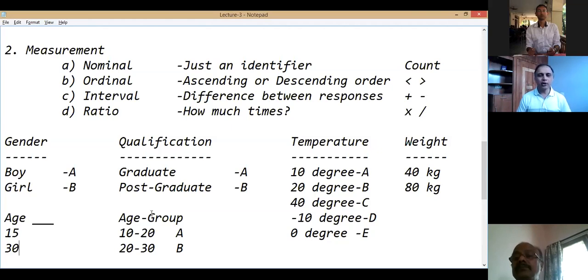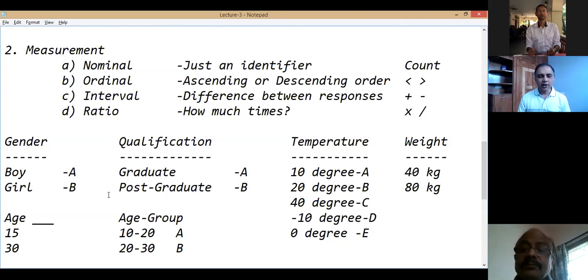I want you to understand one thing, friends. One is how the variable is in actuality, but how you measure it makes a hell of a lot of difference. These are two separate things. For example, you have a wall in your room with white paint. If you ask anyone what is the color of the wall, it will be white. But if you wear green goggles, to you it will appear green. If you wear brown goggles, it will appear brown. It means it's not important how that variable is. The most important is how you measured it.